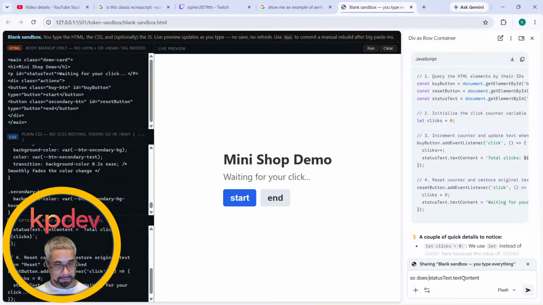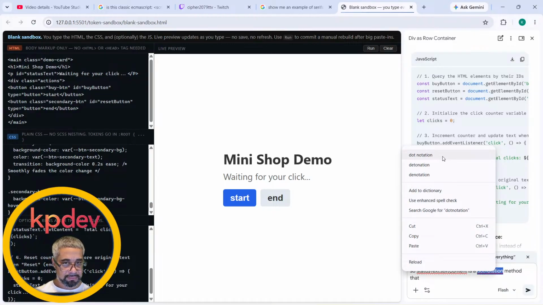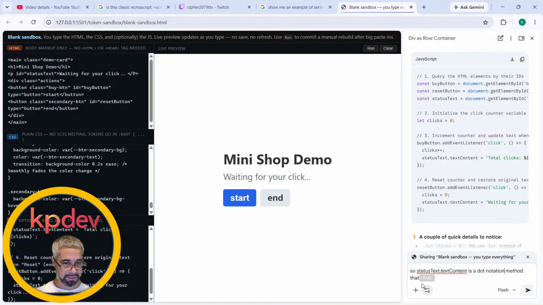So let me see. So status text, that text content is a dot notation, a method that calls... is a dot notation. Let me see. I definitely misspelled this. Okay, that's fine. A dot is a dot notation method in which